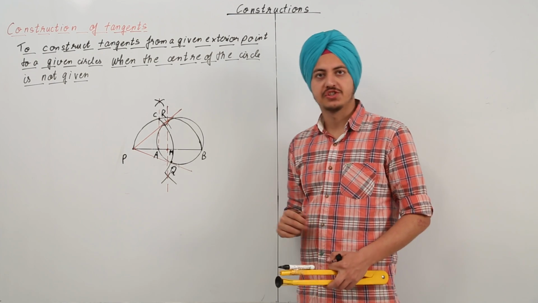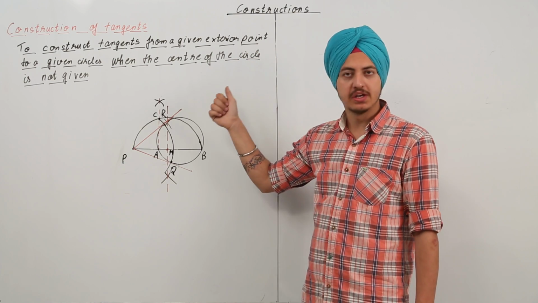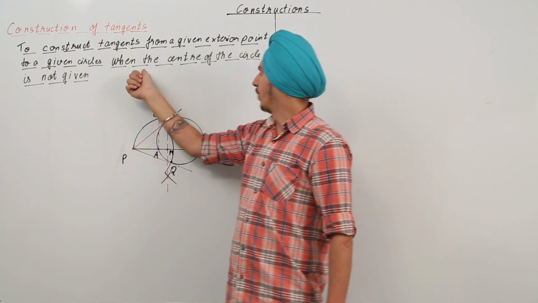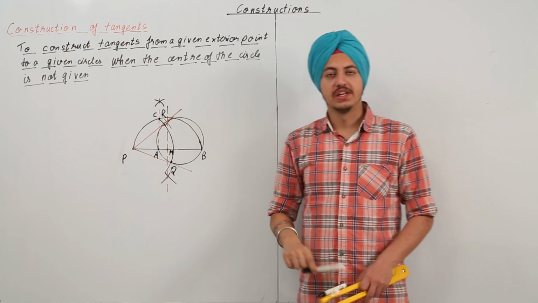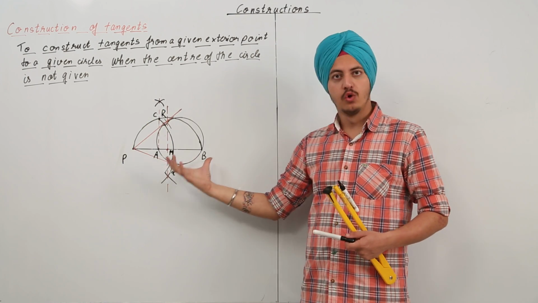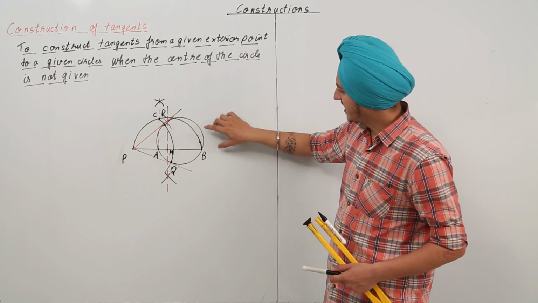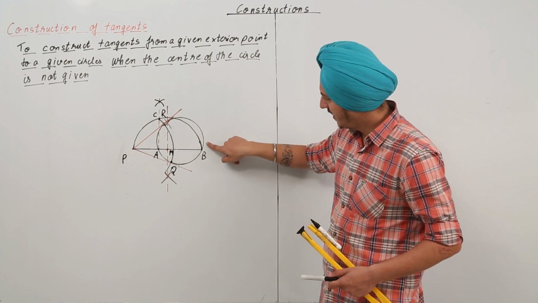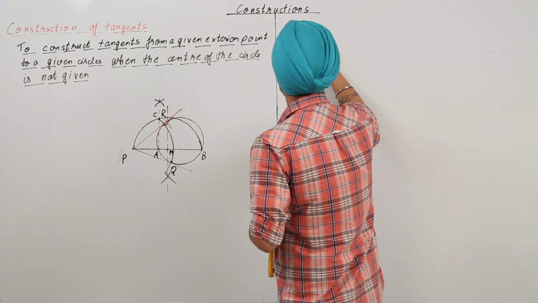Now the next type of construction is to construct tangents from a given exterior point to a given circle when the center of the circle is not given. That means that we have a circle whose center is unknown and we have an exterior point. So this is the circle that I am talking about, and P is the point. So what all is given